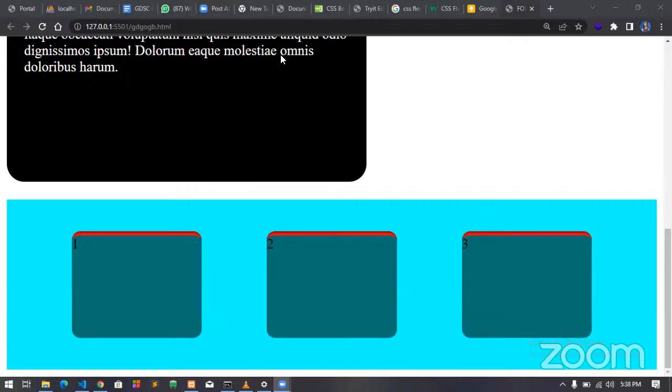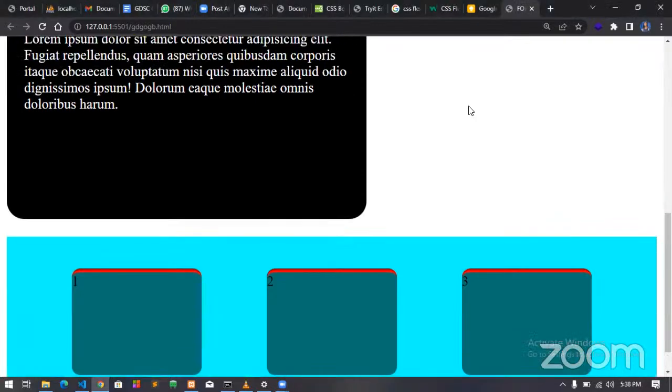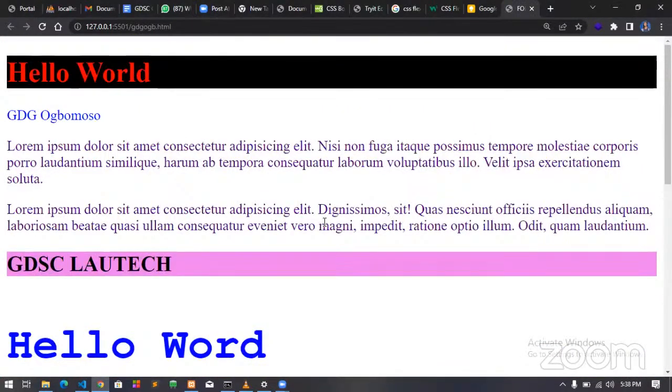All right, sir. So the last thing on our list today is positions. We have various types of position: relative, absolute, sticky, fixed, and static. All these positions are different concepts on their own, but the ones we'll be talking about for the purpose of this class are position sticky and fixed. As I've said, you can also read more on them by yourself.